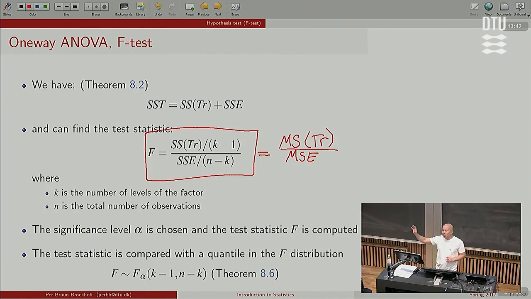And if something is going on, by that I mean if there is a signal, if there is a group difference of means, if the means are not the same, then it will tend to become larger than 1. So this size here measuring between, you could also say it's also measuring between